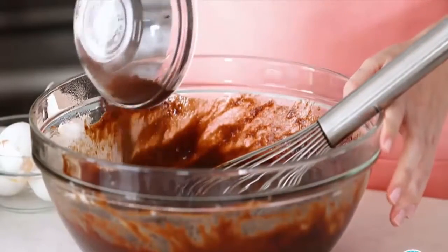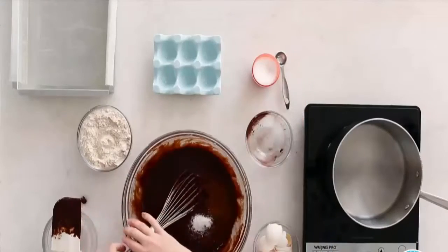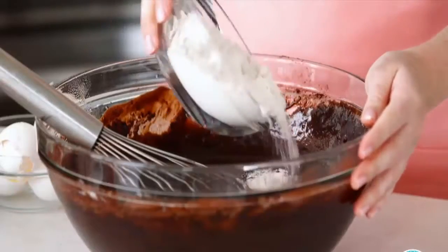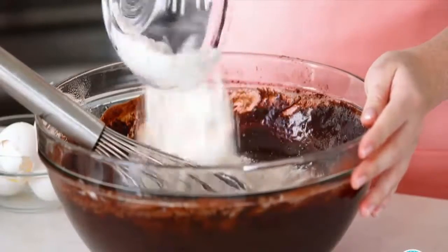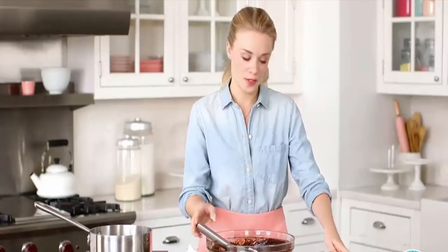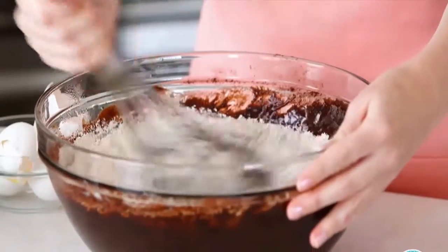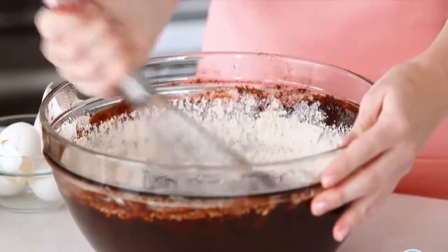Now that the eggs are incorporated, adding 1/2 cup of unsweetened cocoa powder and 1 teaspoon of kosher salt. And finally, for our flour, it's 1.5 cups of spelt flour. Spelt flour is a really nice addition here, a great substitute for all-purpose flour. It adds kind of a subtle nuttiness to the batter, and it also helps add a nice depth of flavor